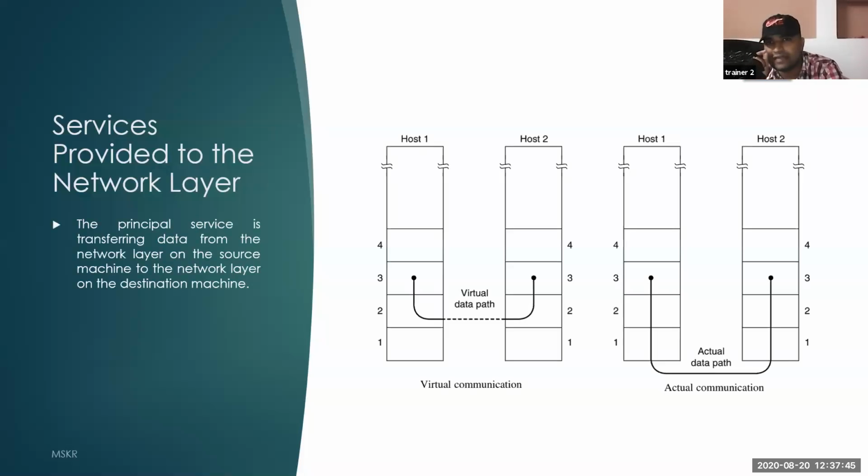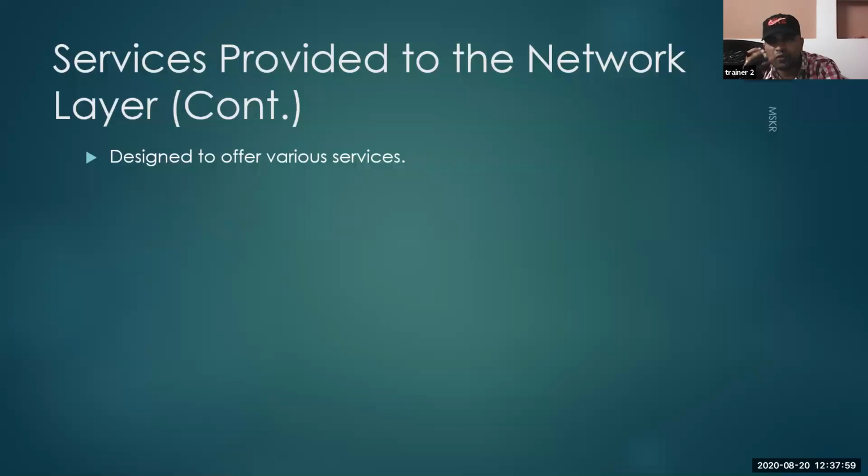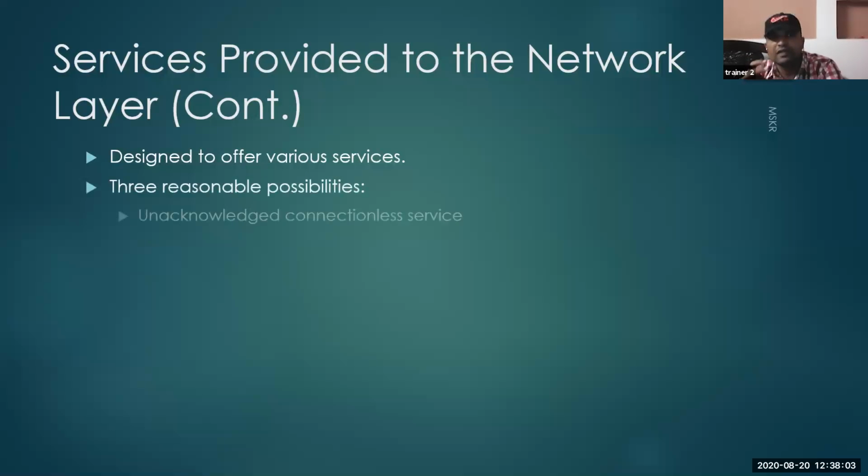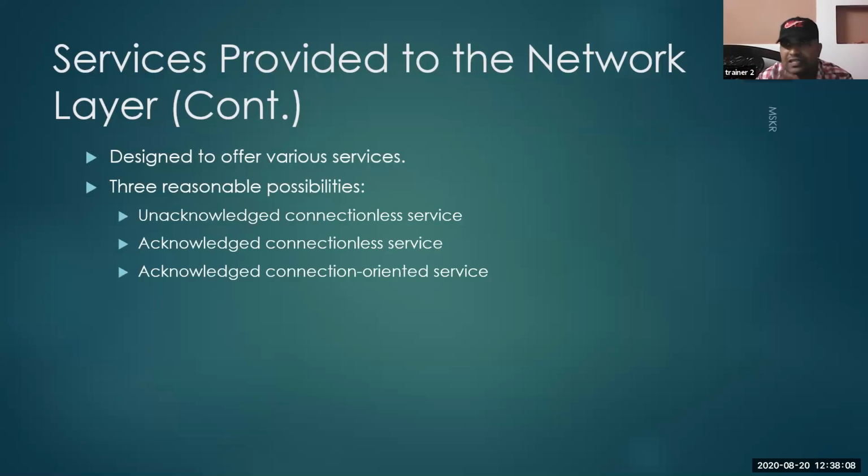Okay, so the principal service is transferring data from the network layer on the source machine to the network layer on the destination machine. That is the main logic behind providing the service, and that's what I already explained. Based on this principle, the data link layer provides 3 services.